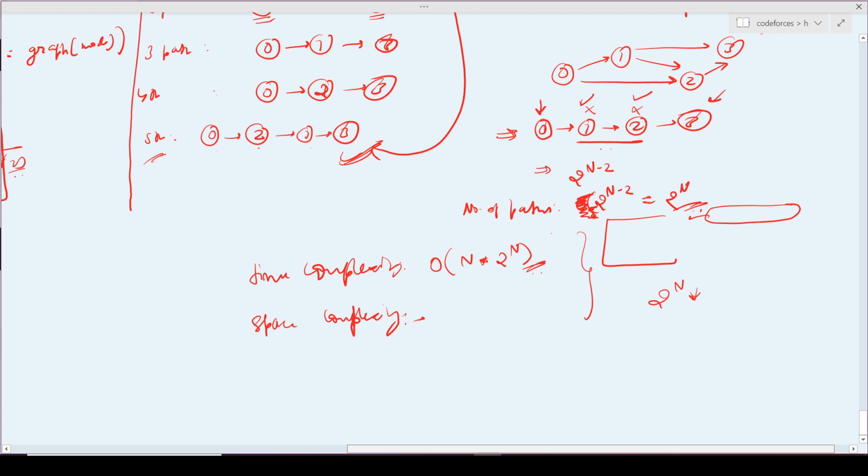So for every path I will have my vector, so for every path, I will store the length n, which represents the size of this final 2D vector answer which I need to return. So its space would also be O of n into 2 raised to the power n.